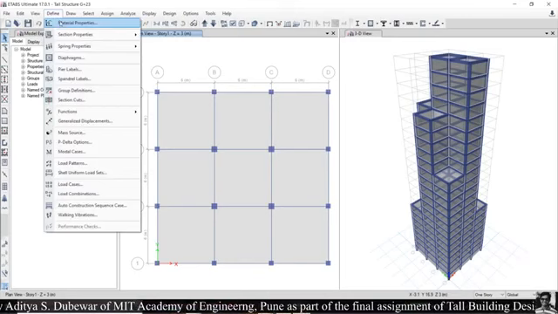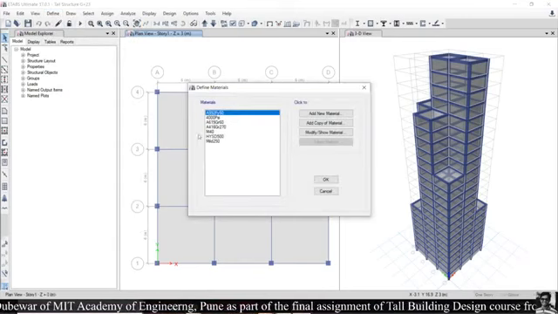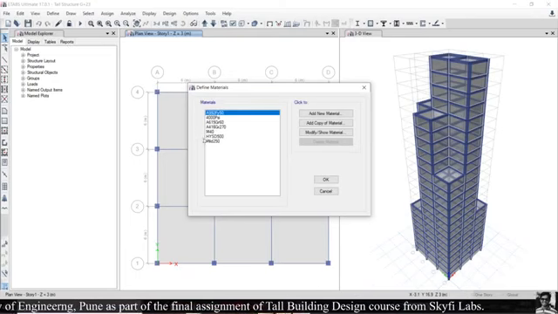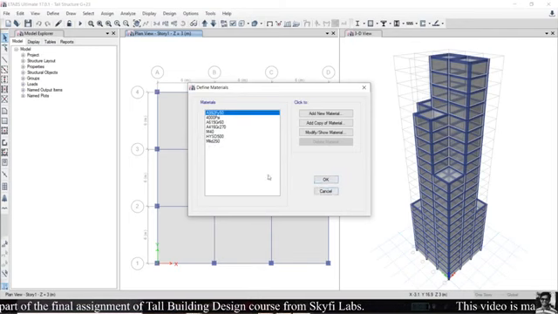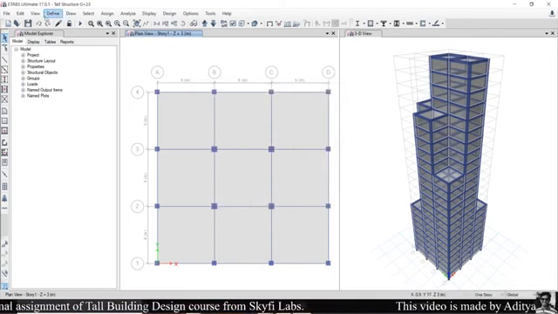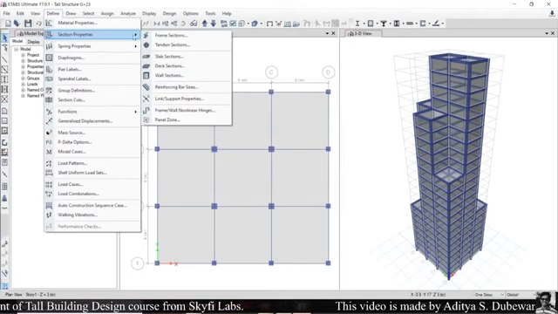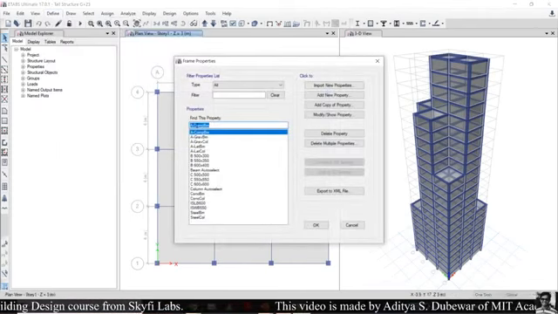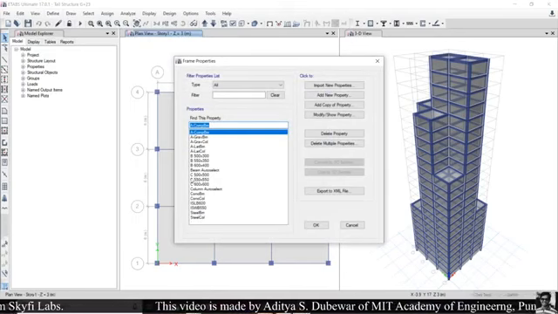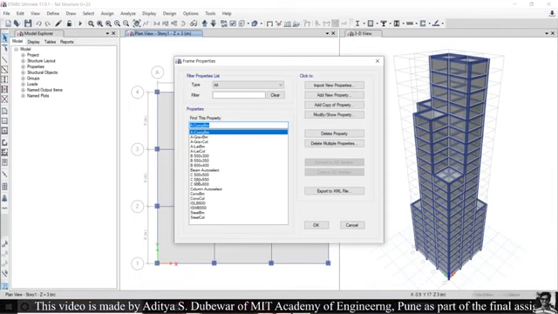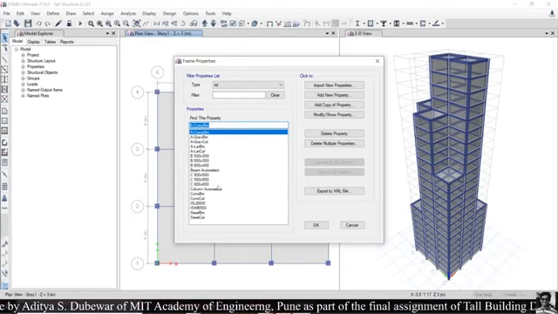First, define the material properties as given. I have added the different properties, that are M40, HYSD 500, and mild 250. Then define the section properties, frame section. For the column, I added the 3 sections, that are column 500 by 500, 550 by 550 and 600 by 600.